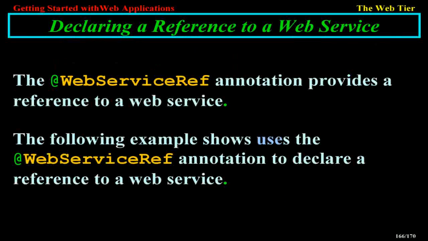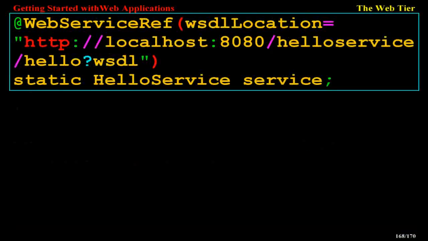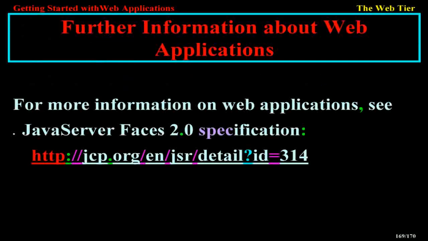Declaring a reference to a web service. The WebServiceRef annotation provides a reference to a web service. The following example uses the WebServiceRef annotation to declare a reference to a web service. WebServiceRef uses the wsdlLocation element to specify the URI of the deployed service's WSDL file. import javax.xml.ws.WebServiceRef; ... public class ResponseServlet extends HttpServlet { @WebServiceRef(wsdlLocation="http://localhost:8080/helloservice/hello?wsdl") static HelloService service;